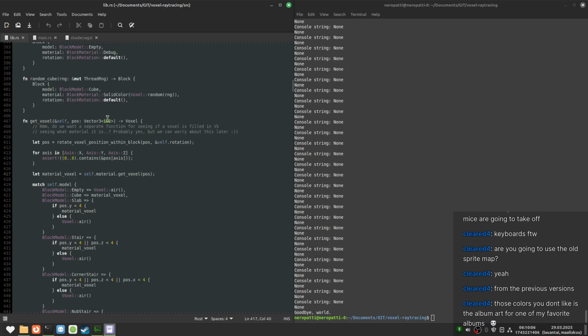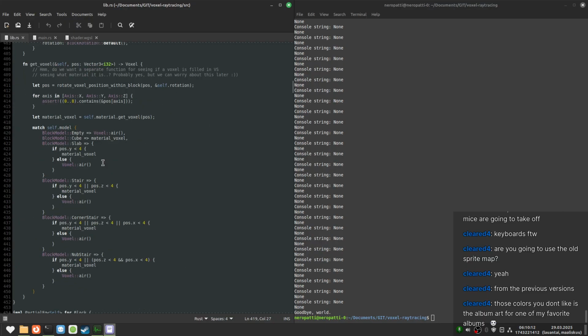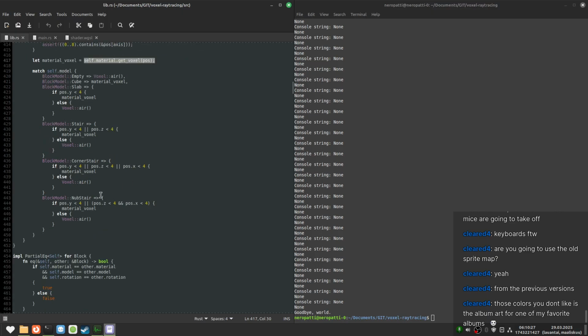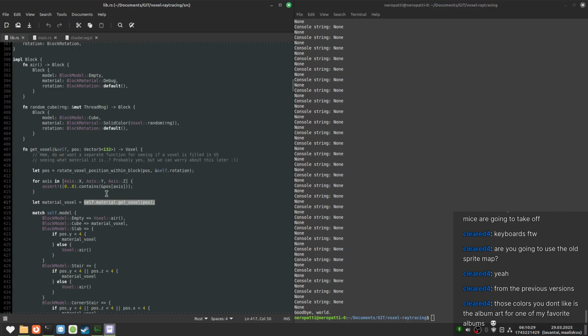Oh, actually we do get voxel on the material. Yeah, so this is for the model. I should do this differently though. What I should be doing is having a thing on the model where it checks if this position is occupied or not, and if it's occupied, then we return this, right? So this logic is a bit, but it's fine.